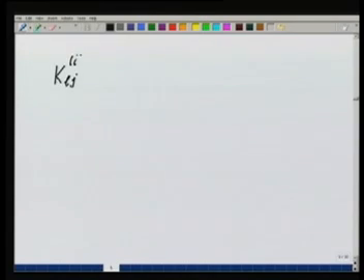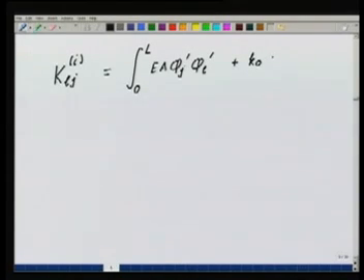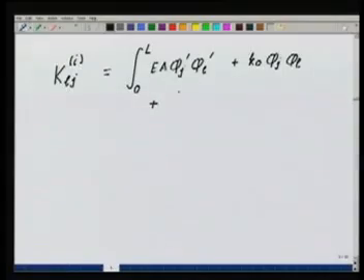So now we will have K_Lj for the ith iteration equal to integral from 0 to L of EA phi_j prime phi_L prime, this remains unchanged, plus k0 phi_j phi_L, this also remains unchanged because this is the linear part, here there is no nonlinearity, plus k1 into u_FE from step i minus 1, whole squared, into phi_j phi_L